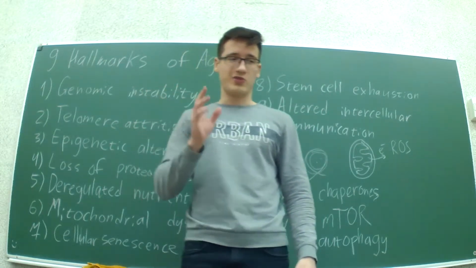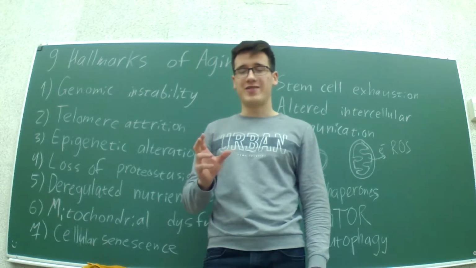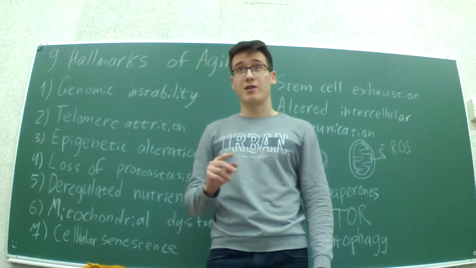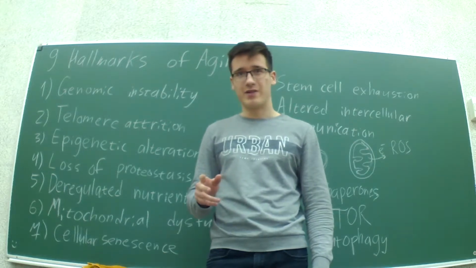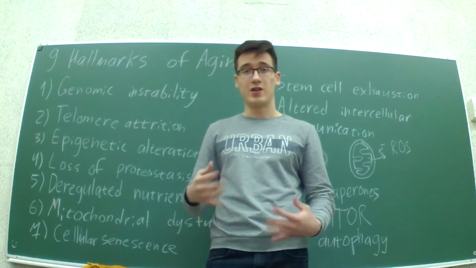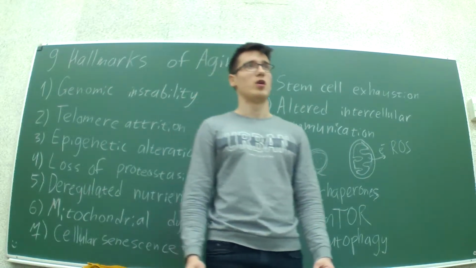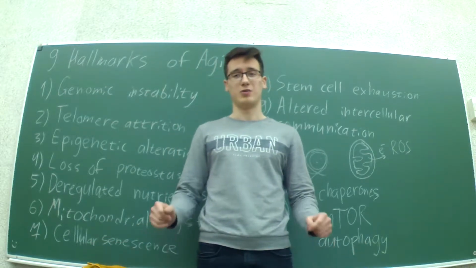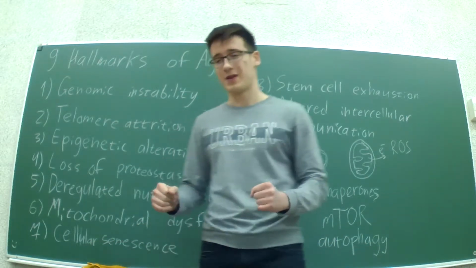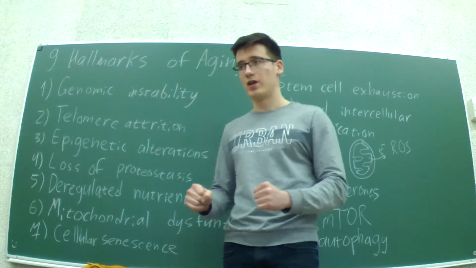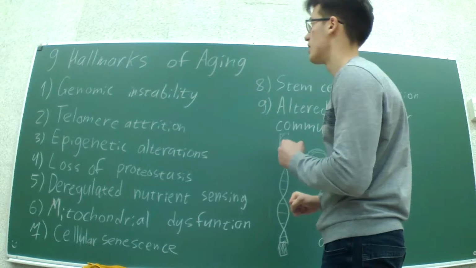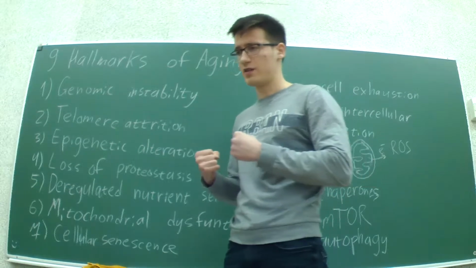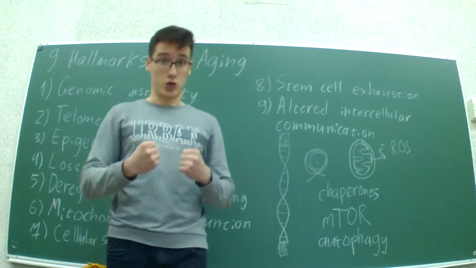But those genes actually occupy not more than 5% of our whole genome, and the other 95% are occupied by so-called introns, which have no function, but we benefit from having those introns very much, and we will arrive to this shortly. What is genomic instability? Genomic instability is essentially the fact that our DNA gets damaged over time.